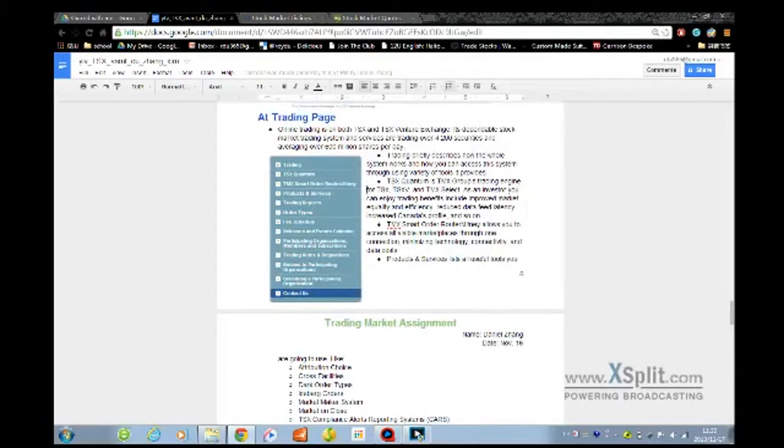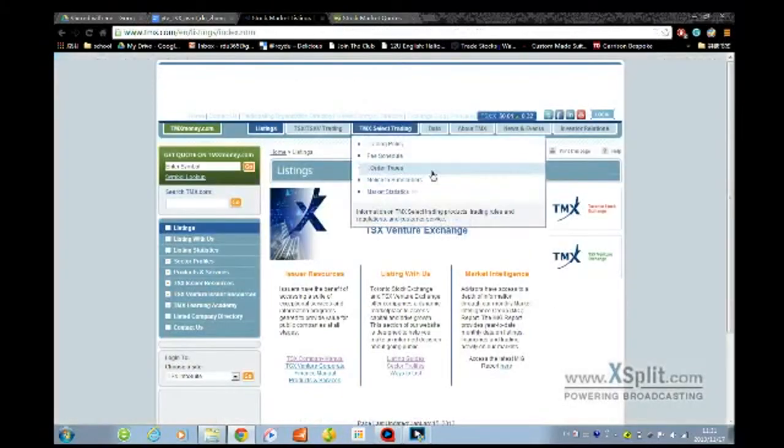Now the main part of the TSX is the trading page. And now online trading is on both the TSX and the TSX Venture Exchange. And in order to make money on the stock exchange, then you need to know how to trade. Now here are some facts. The TSX is a dependable stock market trading system, and its services are trading over 4,200 securities and averaging over 600 million shares per day. Now if you go on the TMX website again, and then look at the trading part,